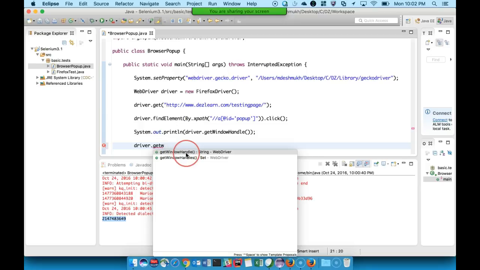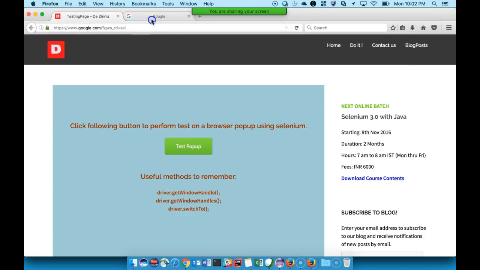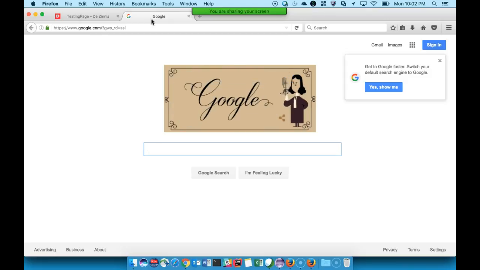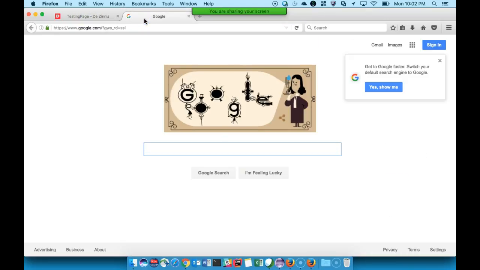First is getWindowHandle, this one. Second is getWindowHandles, which will give you a list of all the windows which are opened by the driver. All the windows in the sense the window handles of all the windows which are open. So in this case there are two windows opened by the driver, so it will give the list of all the window IDs or window handles.